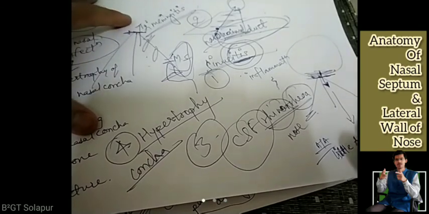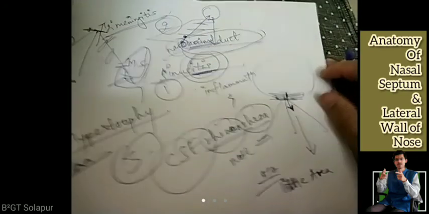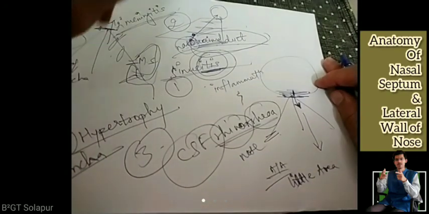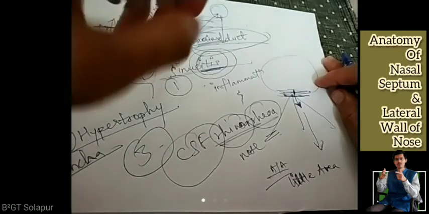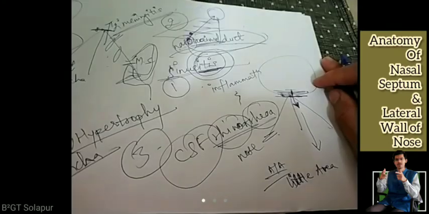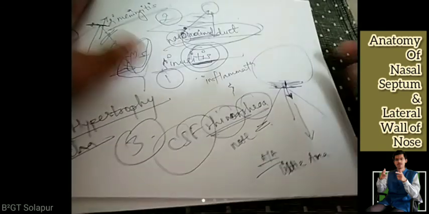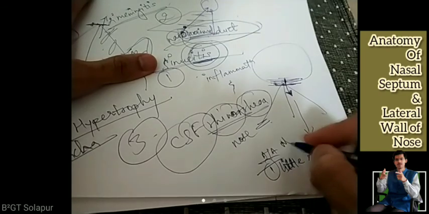There can be epistaxis. So do not scratch inside the nose too much with your finger. Clean your nose gently. If it is very dry, put some drops and try to clean it. But don't pull it or push it like anything. Don't take it for granted. You can have excessive bleeding. Little's area, this was one for the nasal septum we are talking about.